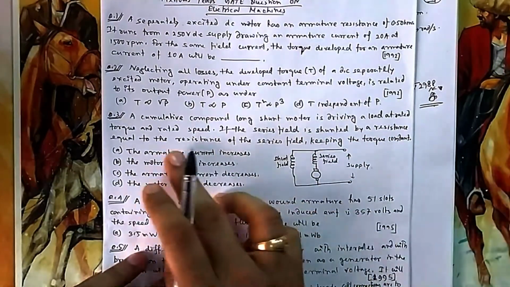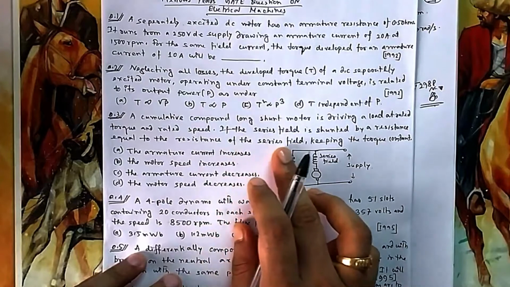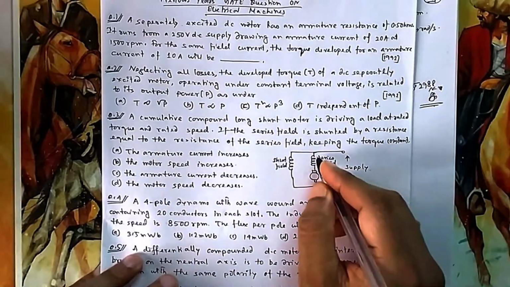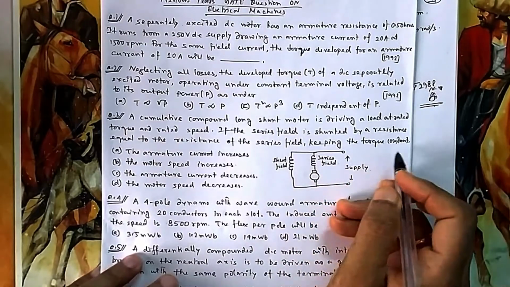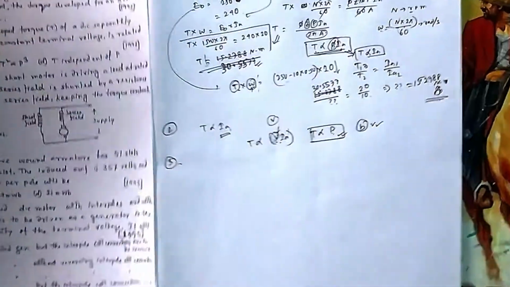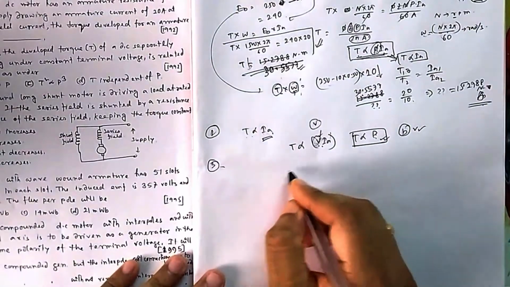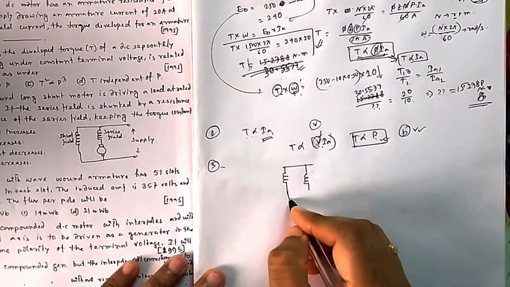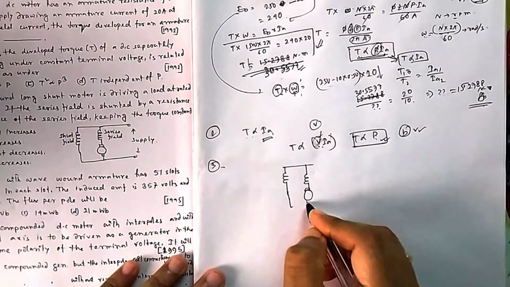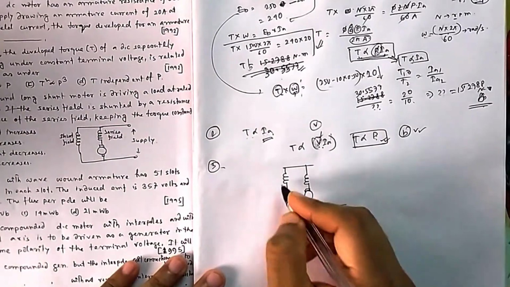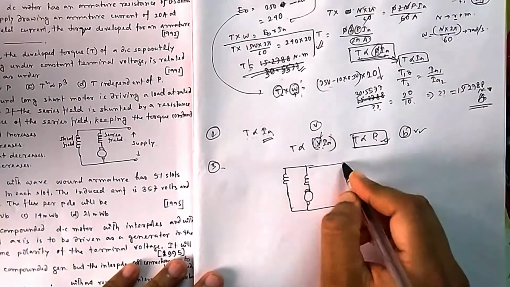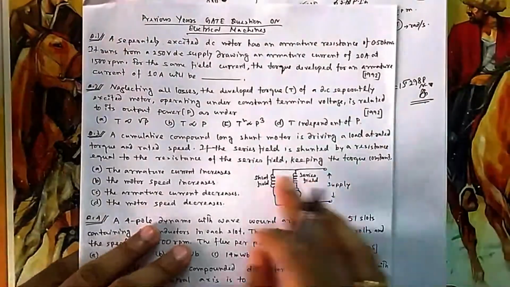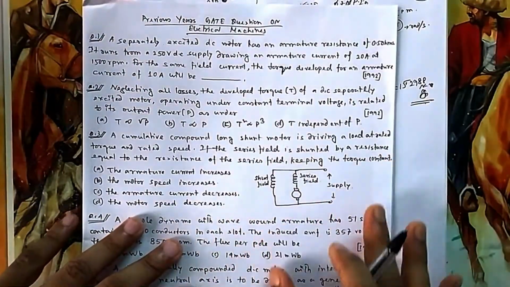Okay, so in this long shunt, what is done is the series field is shunted by a resistance. You have connected a resistance equal to the resistance of the series field. Now it is not a field, it is a pure resistance that is connected, keeping the torque constant. Here there are two fields, one due to shunt and one due to series field. The shunt one is fixed because your supply is fixed, you are not changing supply. Whatever they wanted changed, you change only that one, and think of the rest as fixed.